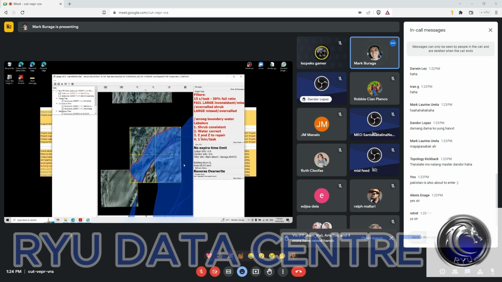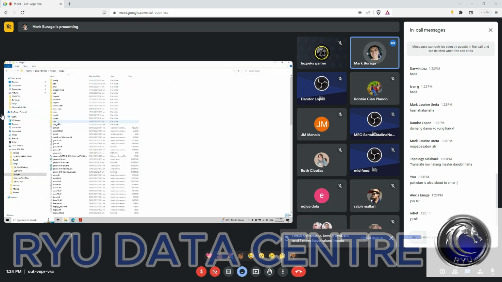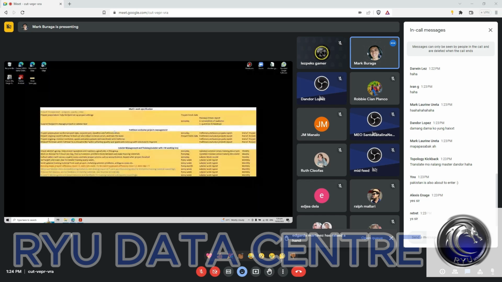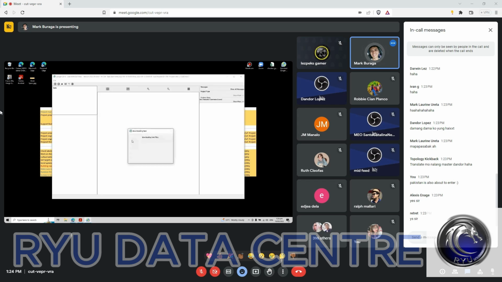All right. Sorry, I did not clear first. Make sure you always clear your user folder before you start working. All right, there you go. So once you have set your software to A and W, it will automatically download the task. Okay.